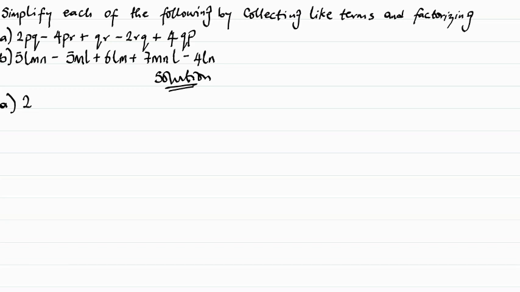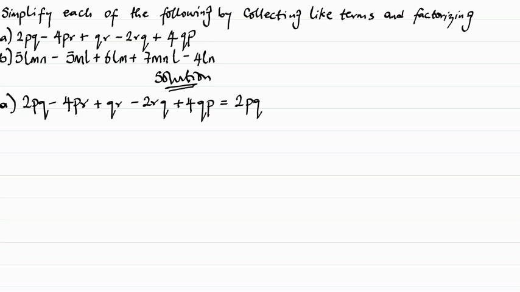Next we'll copy out what we have as first expression. A, we have 2pq minus 4pr plus qr minus 2rq plus 4qp. We move straight ahead to collect like terms, hence we have our expression equal to